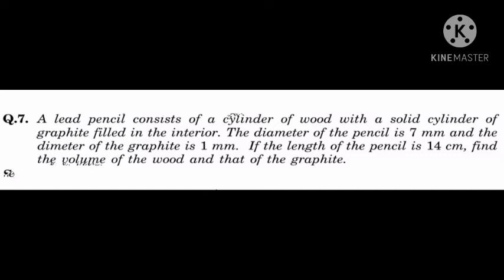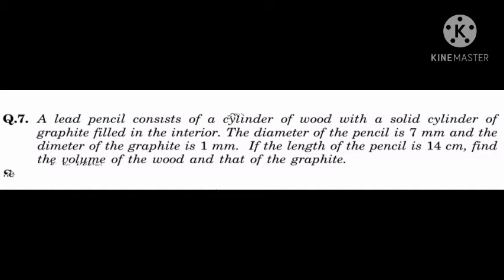So graphite, as we know from the pencil, is that black colored part. That lead only we call graphite. Separately you find the volume of graphite, and next we need to find the volume of the pencil. That is the total quantity. You subtract the volume of graphite from the pencil, and the remaining portion is the volume of wood. By using the given measurements we find the volume of wood and graphite.